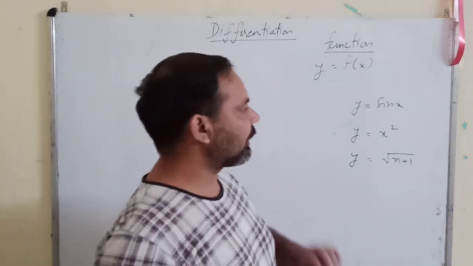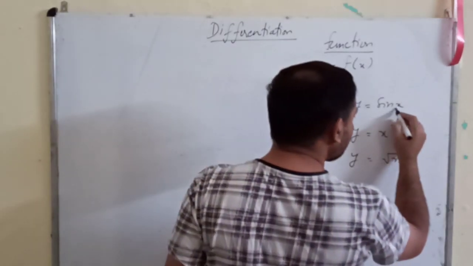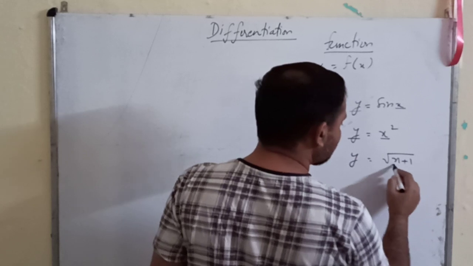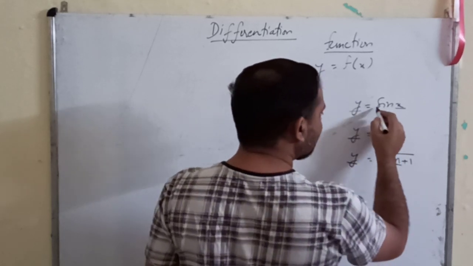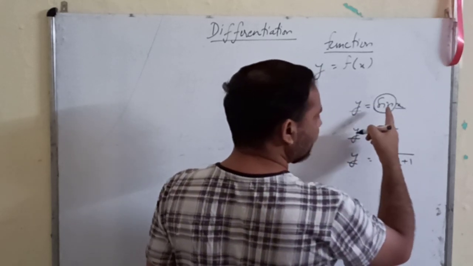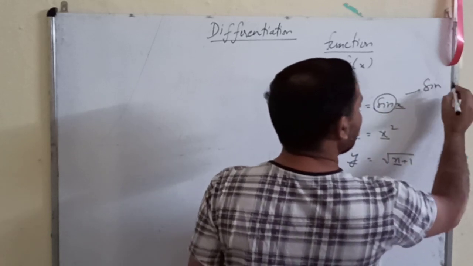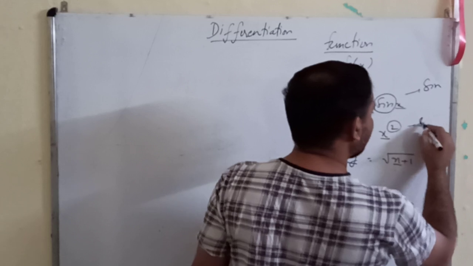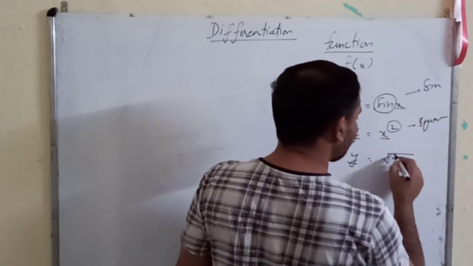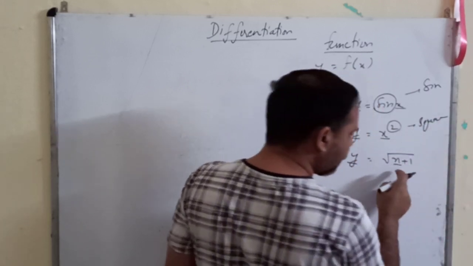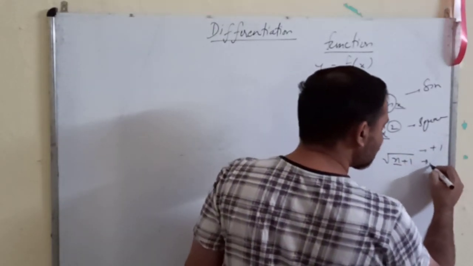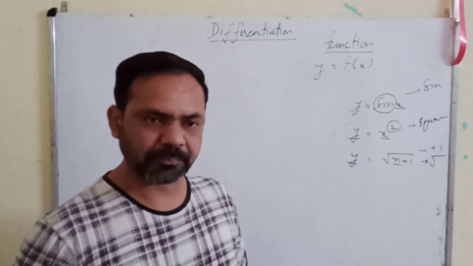Right? Now what you have here is two variables, and you have a kind of operation. Here the operation is taking the sine ratio. Here the operation is squaring. Here you have two operations. First is addition of 1 and then the next operation is taking the square root.